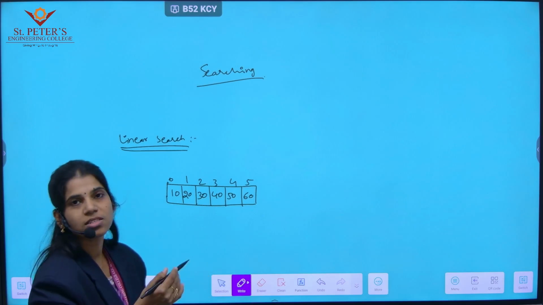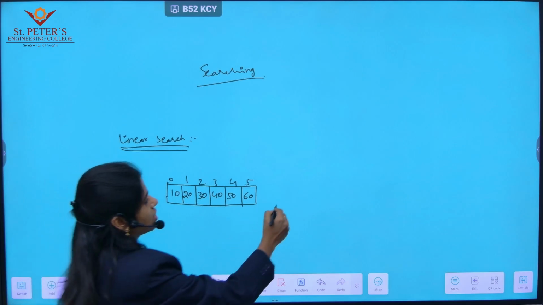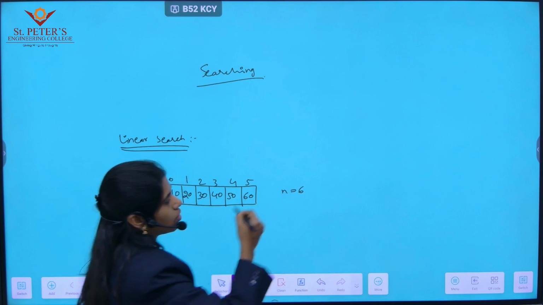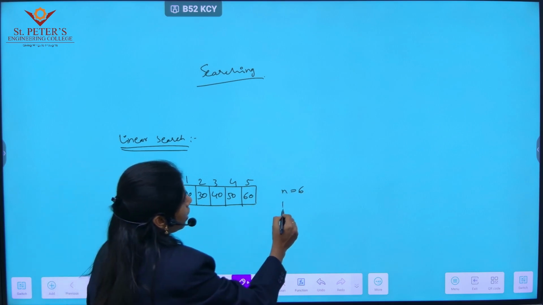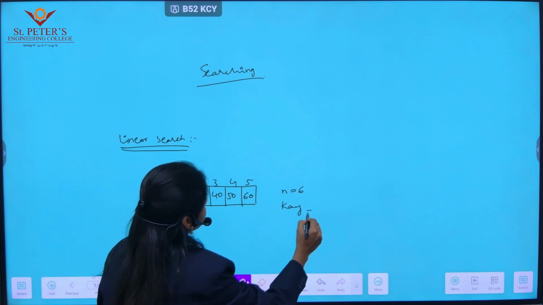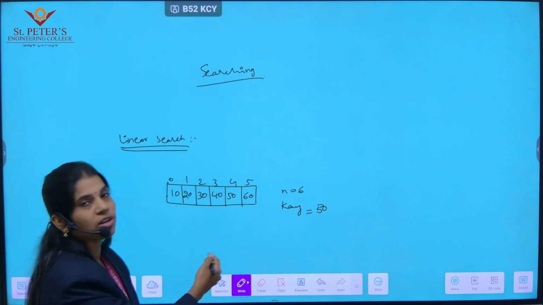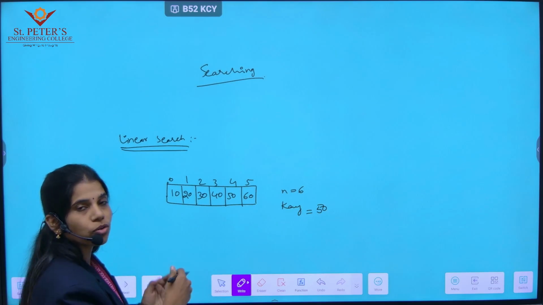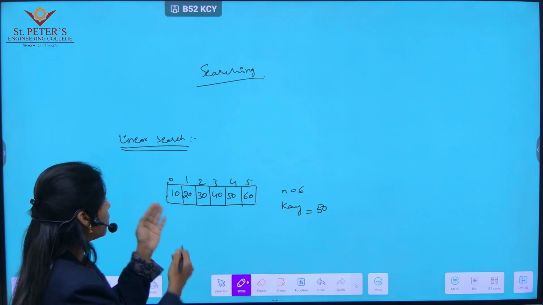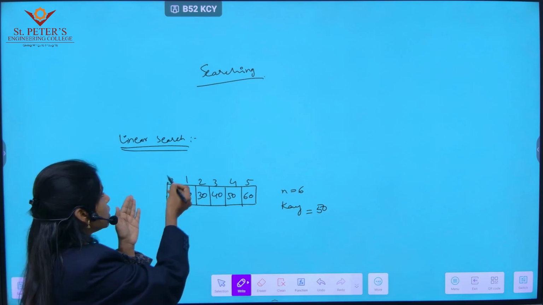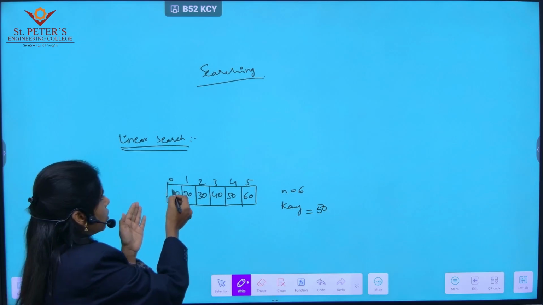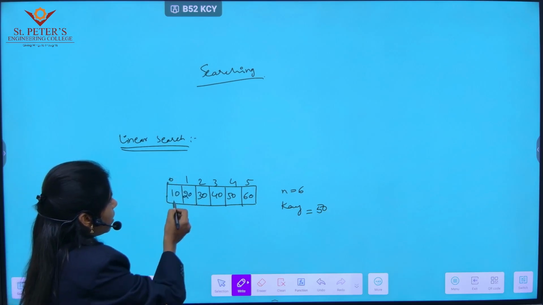Suppose this is my list, or this is my array. The size is 6 here. Suppose the key element is 50. In order to find this element, we start the searching process from the beginning position, that is the 0th position. Whatever element is there, 10,